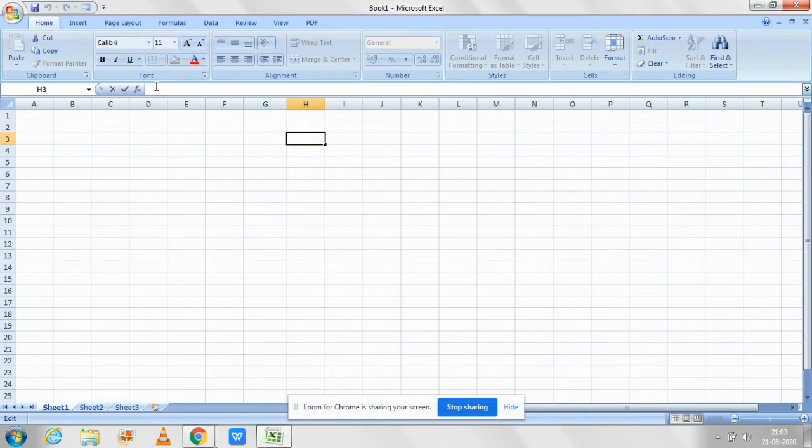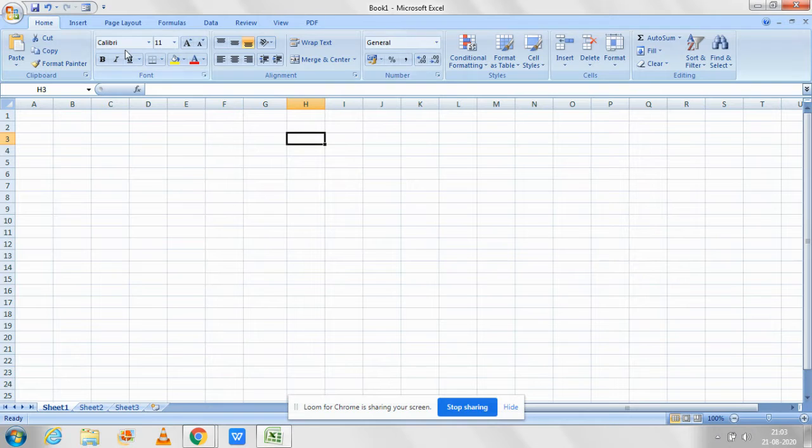Here we write the formula. This is the formula bar. These are the sheet tabs: sheet 1, sheet 2, sheet 3. So these are the sheet tabs where we can work. These sheet tabs can be increased or you can rename them. All this can be easily done. So these are the various components. This is your status bar. All the things can be written on this. This is a zoom button which can be easily used.